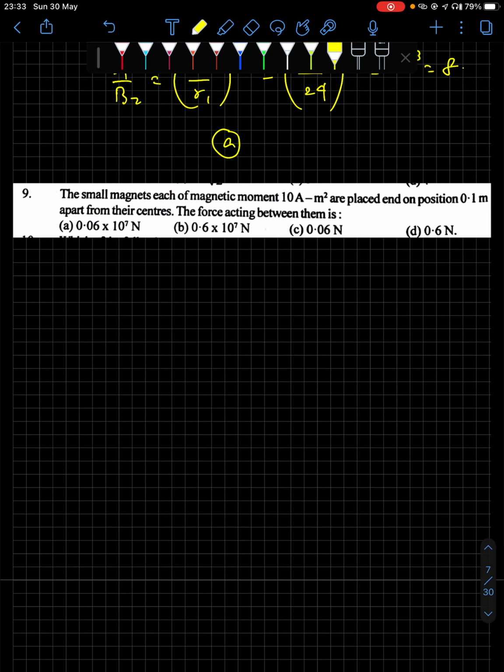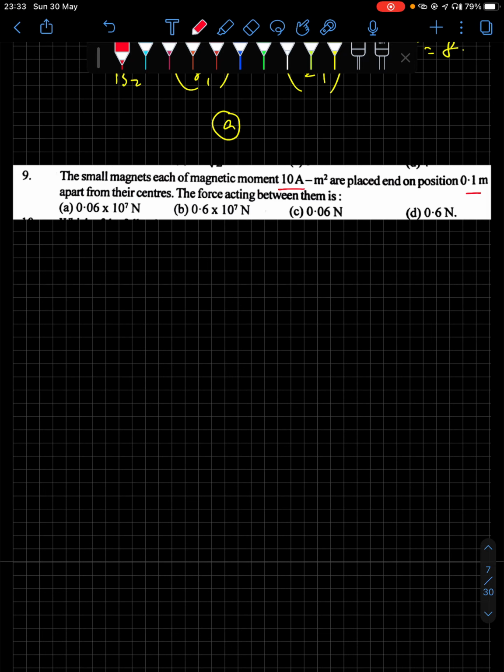You have small magnets. They have magnetic moments of 10 ampere meter square, and they are placed end on end, position 0.1 meter apart from their centers. The force acting between them is what? So again, if you are talking about end on end position, basically we are saying that they are lying parallel